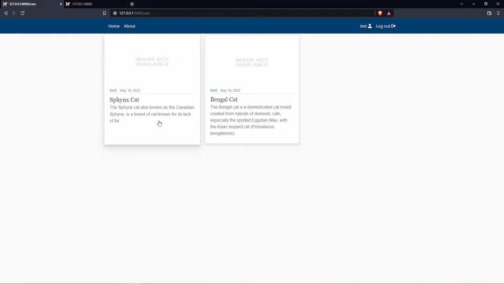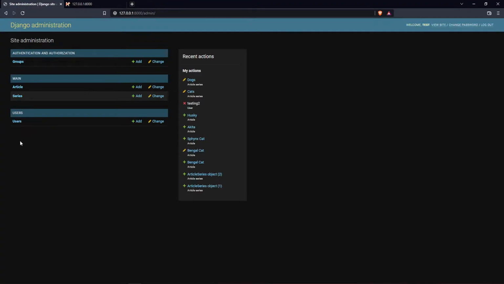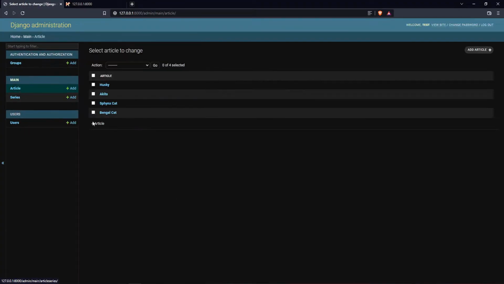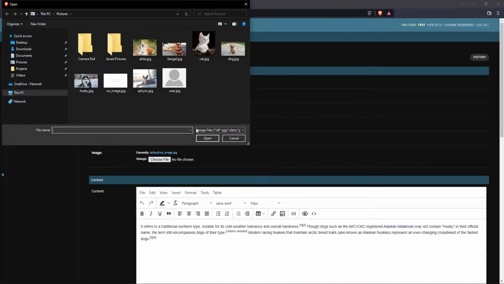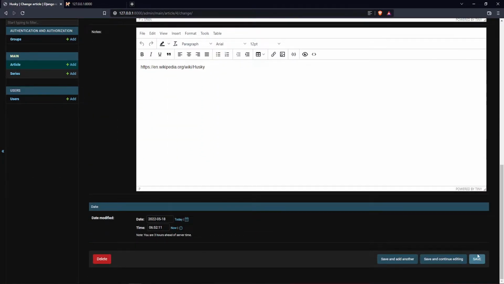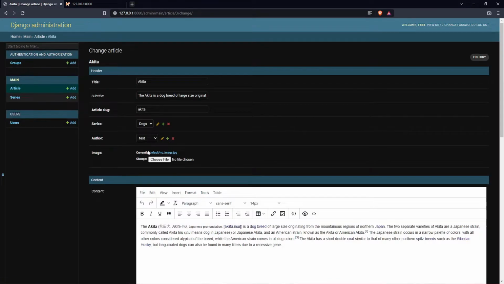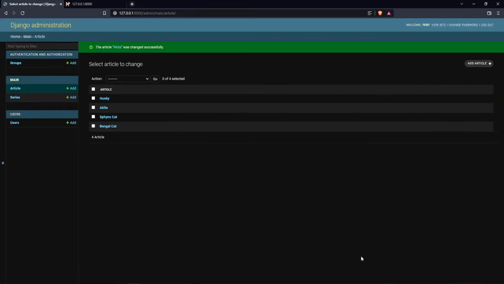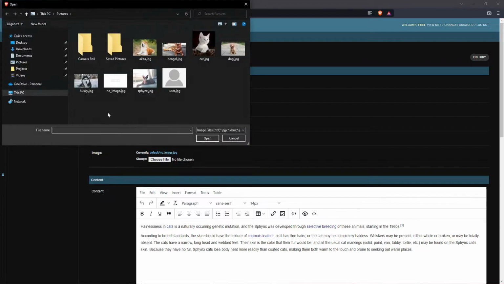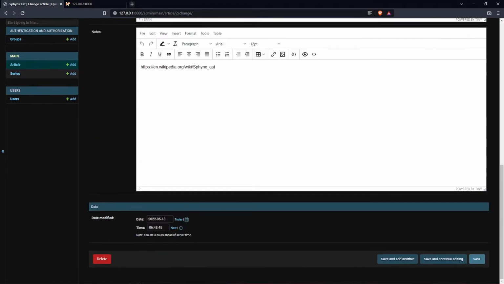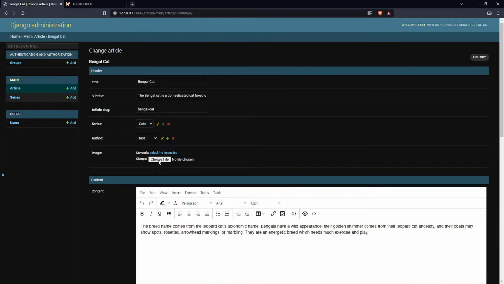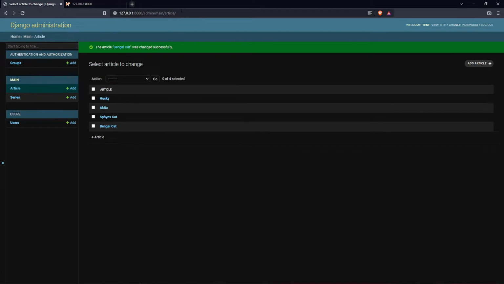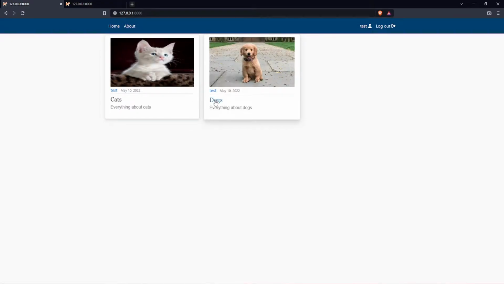So if we go inside here, I'll upload these on my admin page, so we would have all the images here. So I go to my article, for example, and to my Husky, and I choose to upload Huskies. Save. I go to Akita, choose to upload another actor. Save. I go to Sphinx Cat. I choose it and I upload this. Upload. Save. And I go to my Bengal cat. And where it is, here it is. I hit save. So right now, if I go back to my homepage, if I go to dogs,